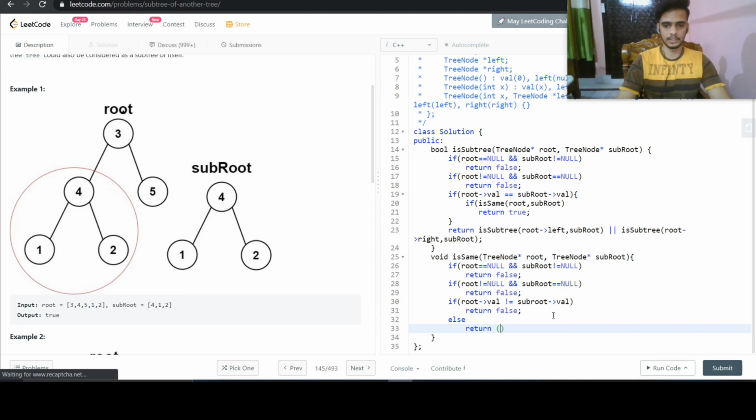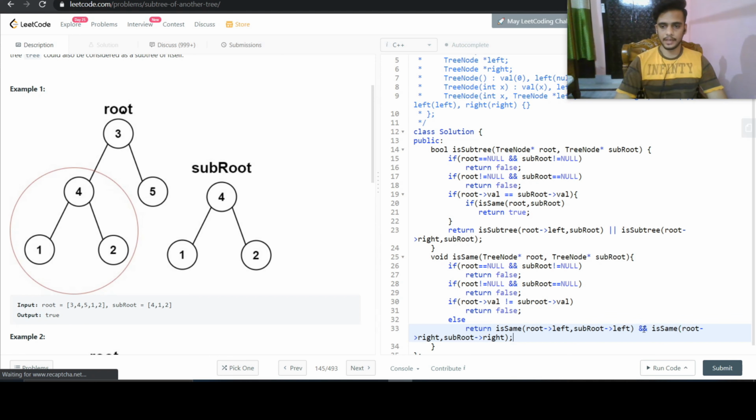So we'll do this. We'll check is same root's left and subroot's left, they both are same or not, and is same root's right and subroot's right, if they are same or not.